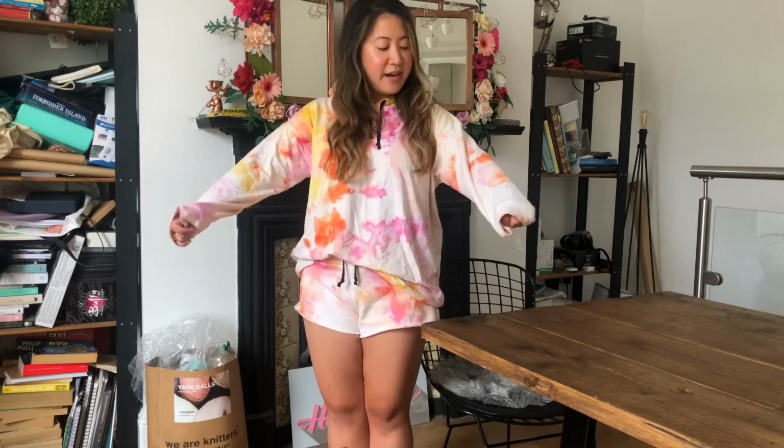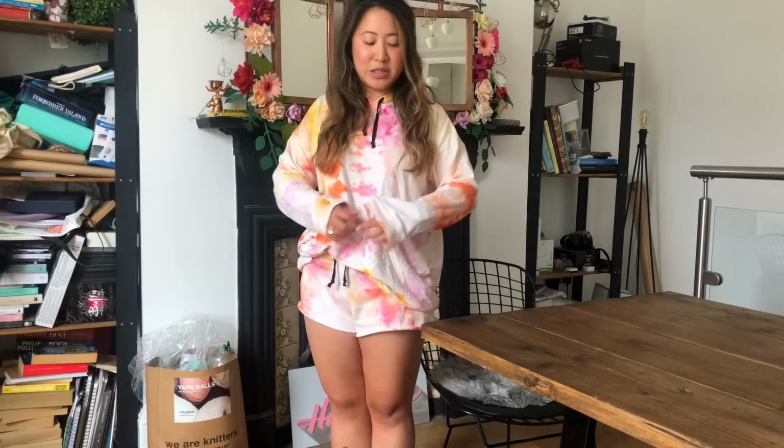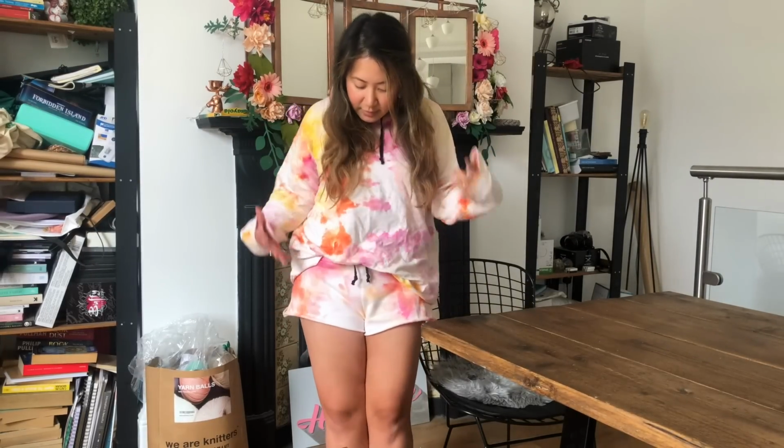Now that's the boring bit of this make. Actually making it didn't take more than a couple of hours because they're both things I knew how to make, so I didn't have to worry about those. And the fun came in the dyeing. This was all plain white to start off with, and then I used an ice dyeing technique in order to do this. Towards the beginning of lockdown, I saw some people doing these really beautiful tie-dye jobs,